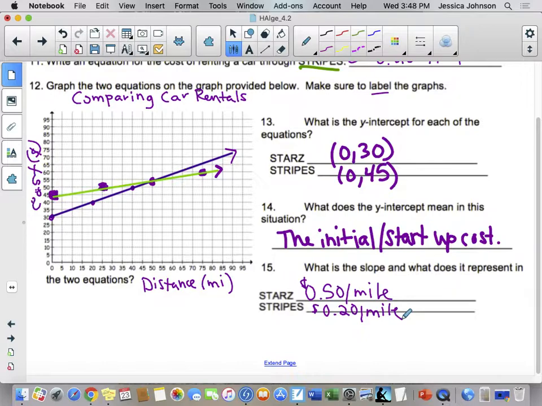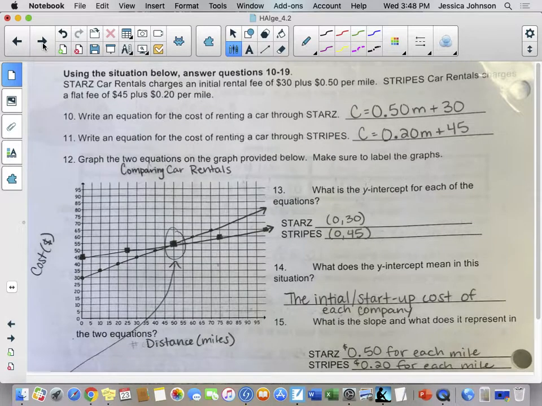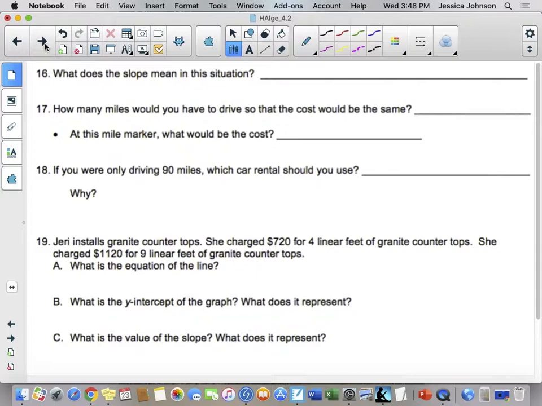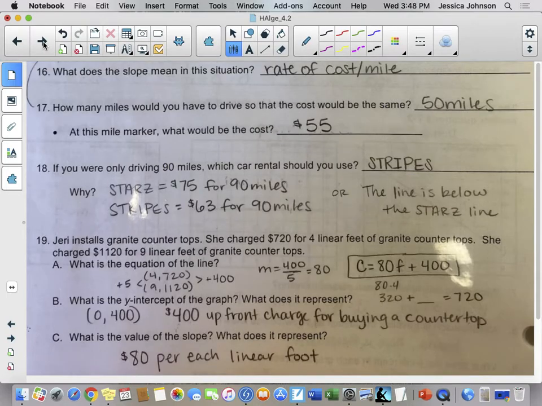Okay, move on to the next set of questions. What I would like you to do right now is answer questions 16 through 19. When you're done answering those questions, I want you to press play on the video. So pause it right now, press play, and then check your answers with my answers right after this slide. All right, so here